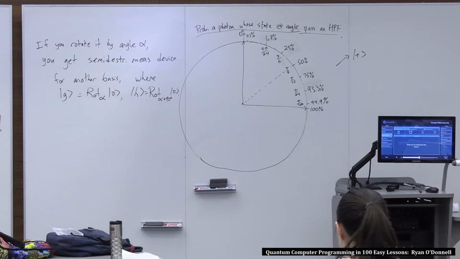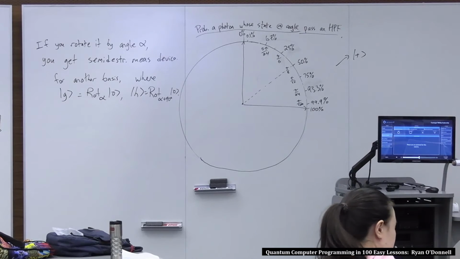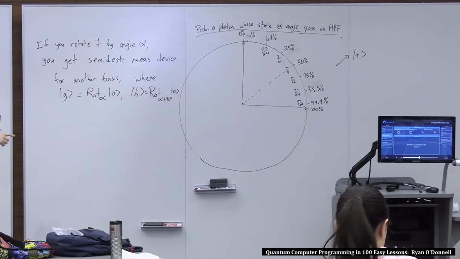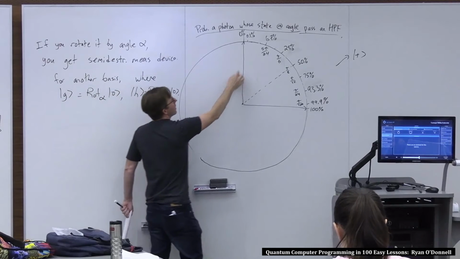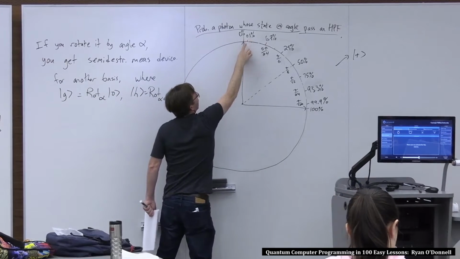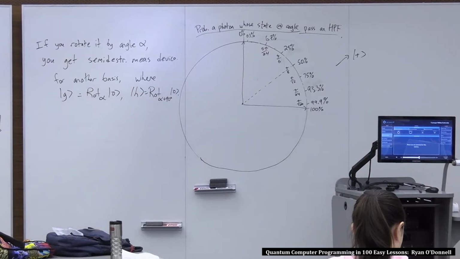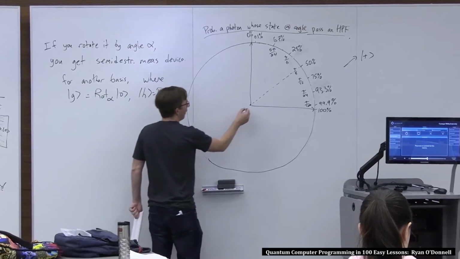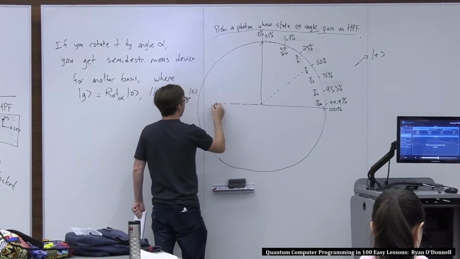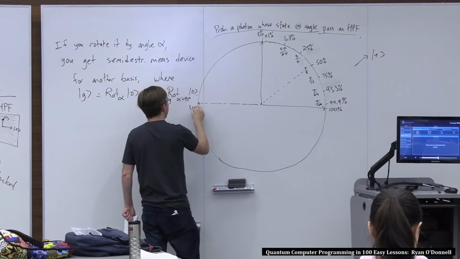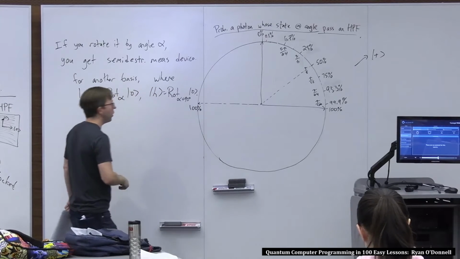And this is all because of this square. So the angle is tiny. If the angle is tiny, then the probability is basically the square of the angle, which is much tinier. I should add, of course, that over here, if the state is like this, it's also 100%. Okay,